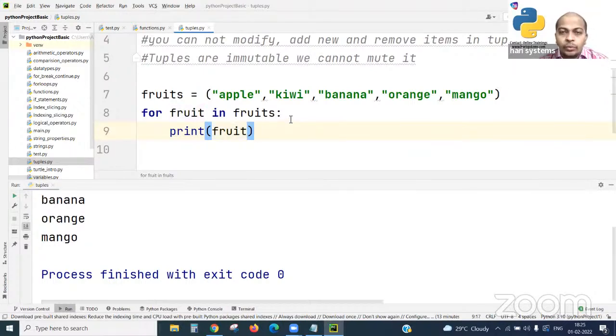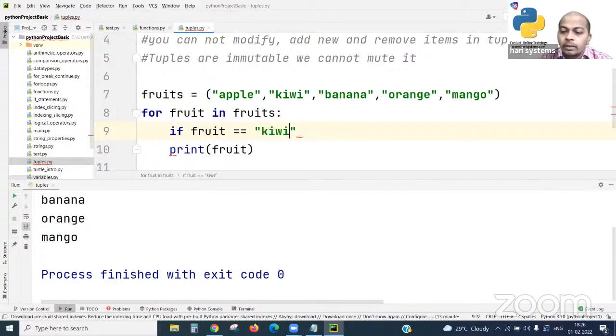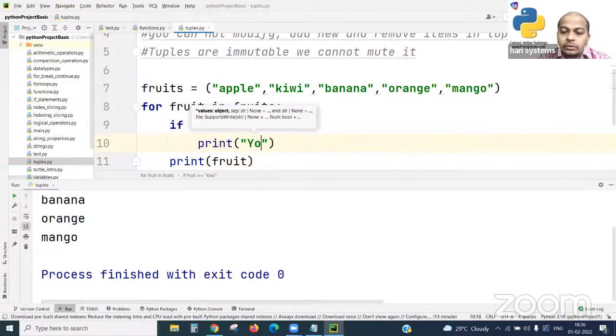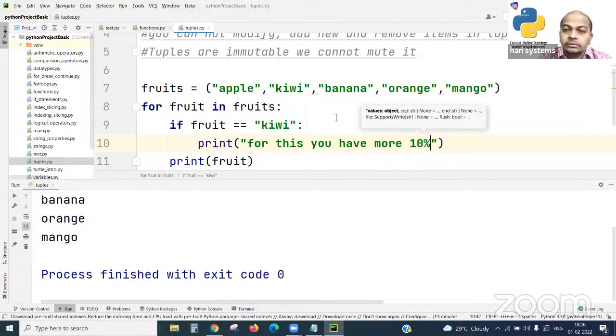Now, if you want to verify whether an order is a banana or kiwi, or you are specifying a kiwi fruit for a discount, simply you can write it. How do you prepare a decision-making system? If the fruit is equal to kiwi, put a print statement: for this you have 10% more discount.